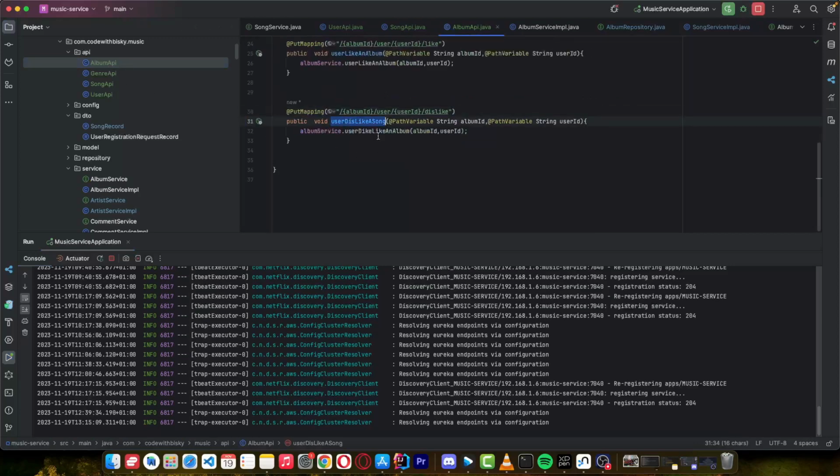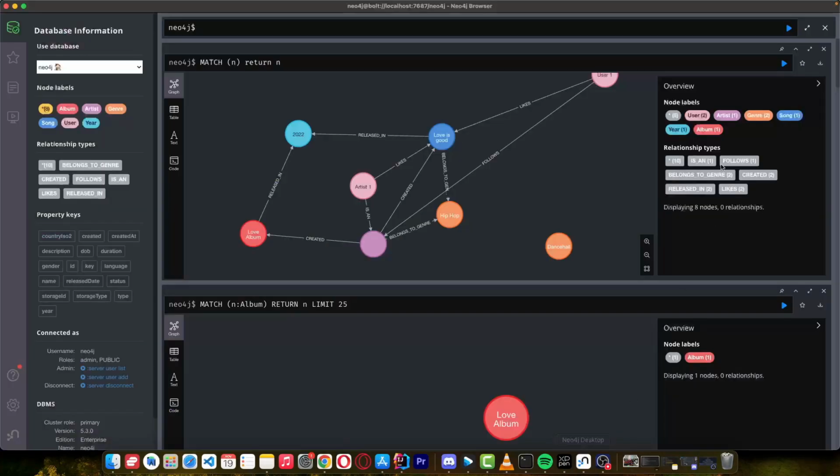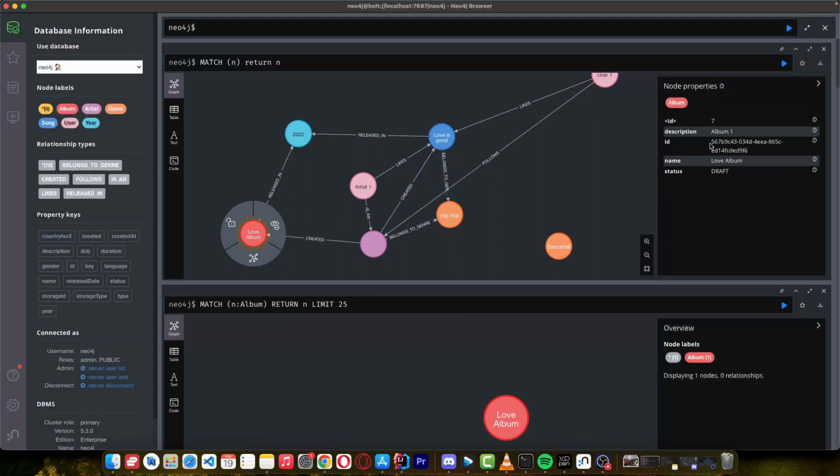A user can like, here it's the user like an album, it dislikes an album. Here, let's fix this album. So let's say if one user likes this album, so we can copy an album ID. When this album was created, this one, we have an ID assigned to it. So let's copy this ID and we want this user